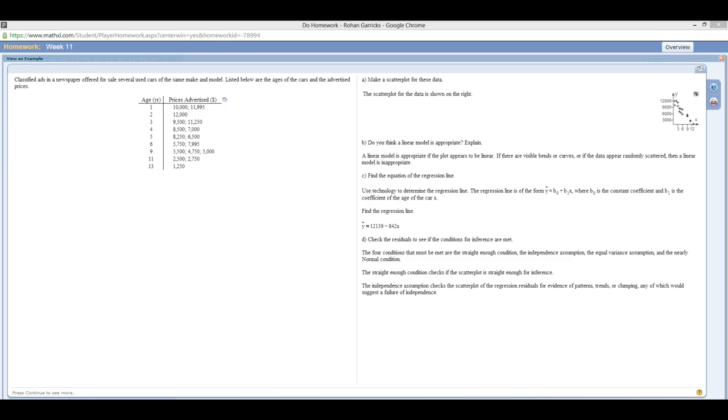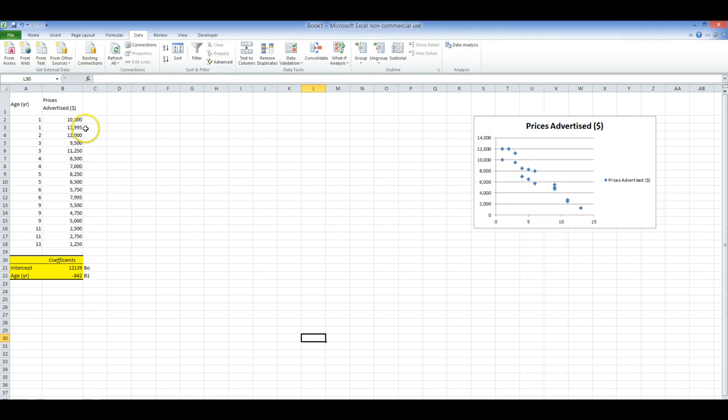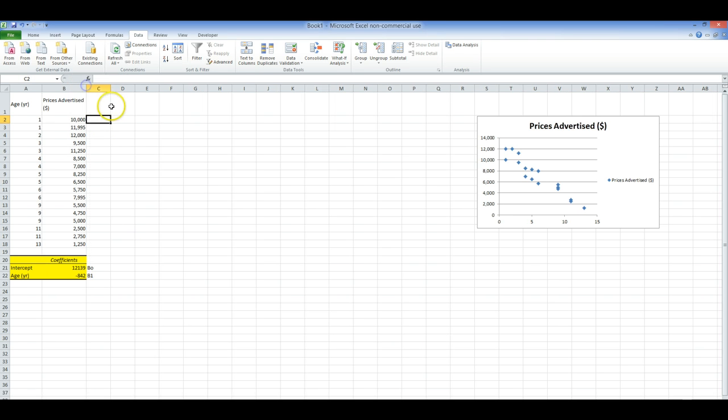The independence assumption is checked if you go ahead and look at the trend. If there are lumps or clumps or anything like that with the regression residuals. Now let's go ahead and actually calculate the residuals, and to do the residuals we need to find